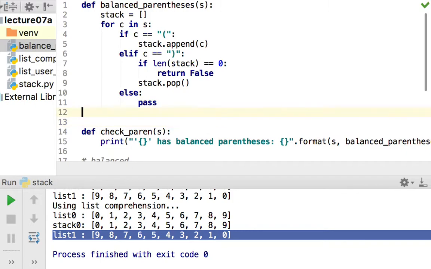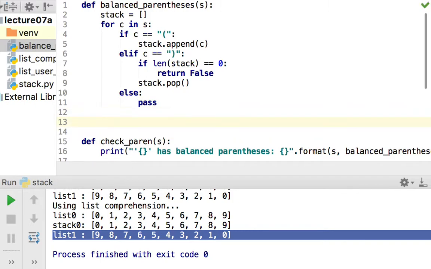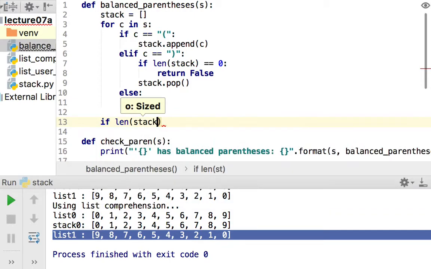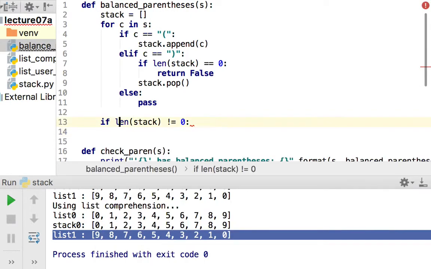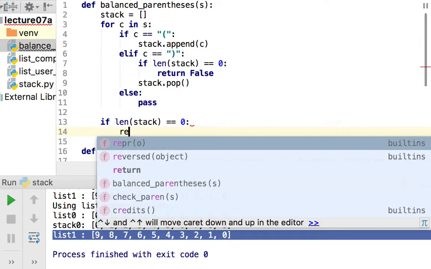So after we've gone through all the characters, we should check the length of the stack. If there's nothing in the stack, if the length is 0, then